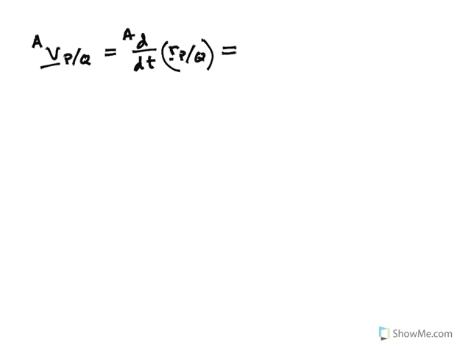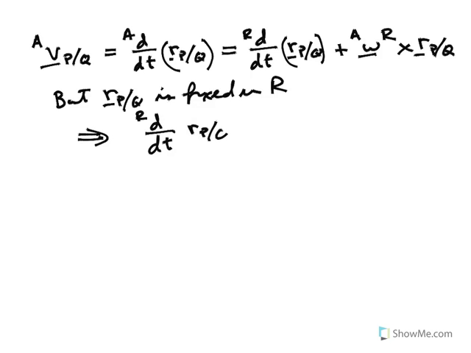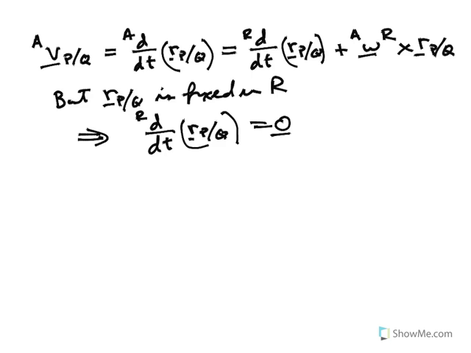So the first thing is as follows: the velocity of P relative to Q in A is equal to the rate of change in reference frame A of the position of P relative to Q. But because the position of P relative to Q is fixed in the rigid body, we can write this, using the transport theorem, as d dt in R of the position of P relative to Q plus the angular velocity of R in A crossed with the position of P relative to Q. But the position of P relative to Q is fixed in R, so the rate of change in R of the position of P relative to Q is equal to 0, and that comes from what we had before. So that first term is 0,